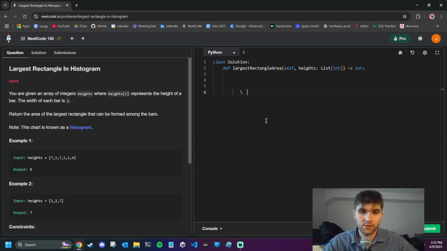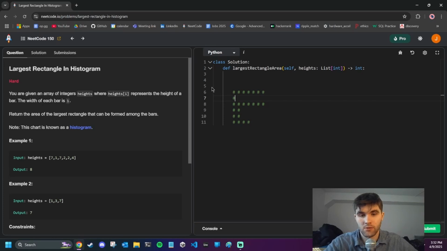Now for the other one, it may be easier if I draw the histogram sideways. So 1, 2, 3, 4, 5, 6, 7. 1, 1, 2, 3, 4, 5, 6, 7. 1, 2, 1, 2, 1, 2, 3, 4. Okay, so this is the first test case, but the x-axis is rotated 90 degrees in this case, just so it's easier to type. So in this case, we look at all the rectangles and we find this rectangle here